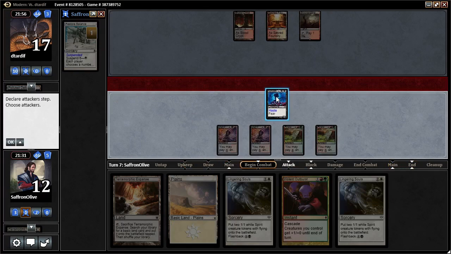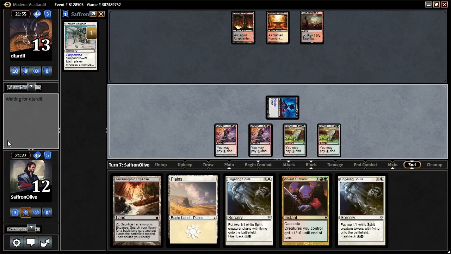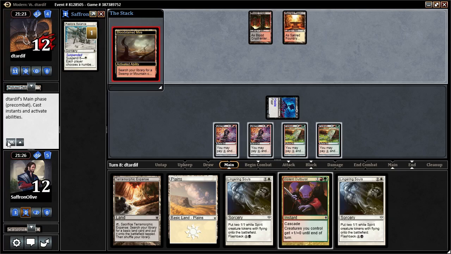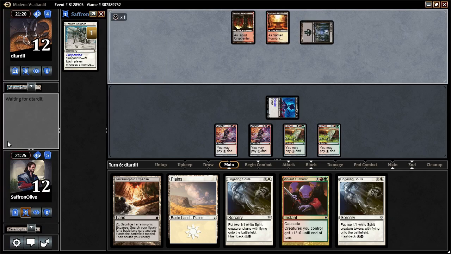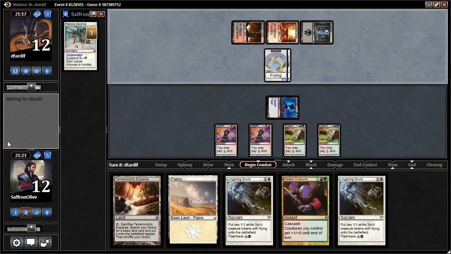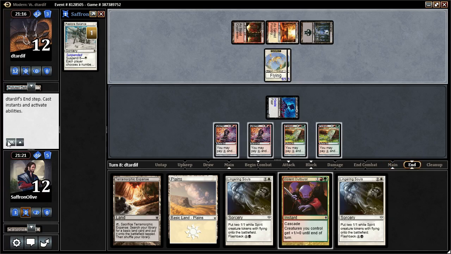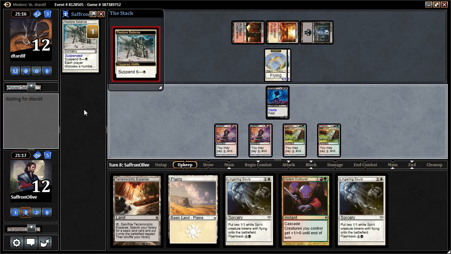Ooh, another Lingering Souls. Alright. So we'll put him to 13 here. And pass one more time. What does he have? His own Lingering Souls. Okay. Well, now we don't have to sack our Nihilith. Which, that was an odd play by him. I would have thought he would want me to sack that, but...